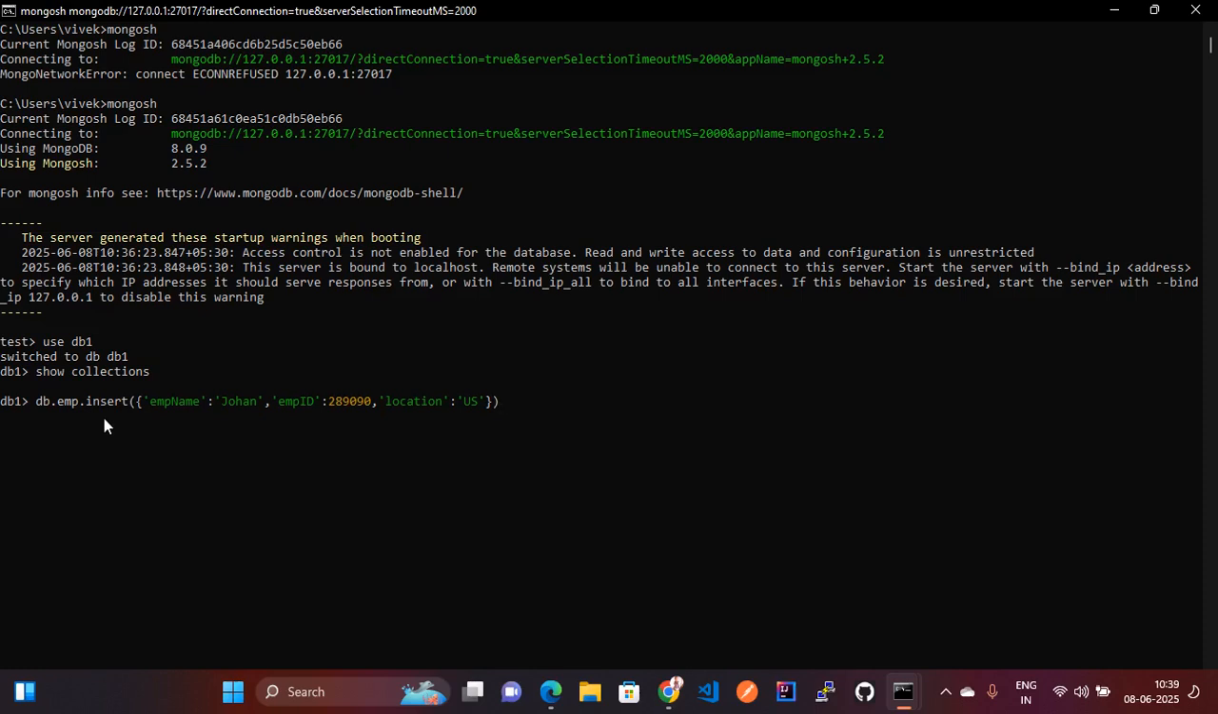First, it will check whether that collection is there or not. If the EMP collection is not there, then it will create the new collection and insert this data. If that collection is already there, then it is just inserted in that collection. So I'm going to enter. Let's check what happened. It is deprecated. Okay,